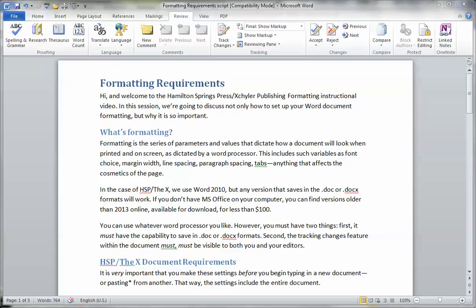In this session, we're going to discuss not only how to set up your Word document formatting, but also why it is so important. What is formatting? Formatting is a series of parameters and values that dictate how a document will look when printed and on screen, as dictated by a word processor. This includes such variables as font choice, margin width, line spacing, paragraph spacing, tabs, anything that affects the cosmetics of the page. In the case of HSPDX, we use Word 10, but any version that saves in Doc or DocX